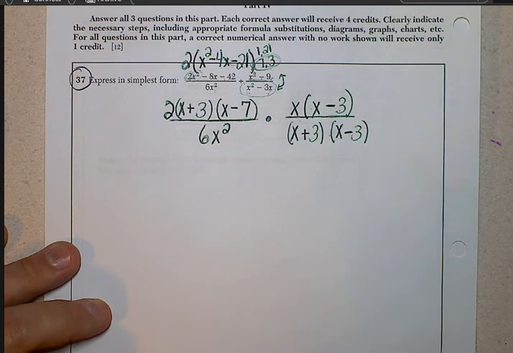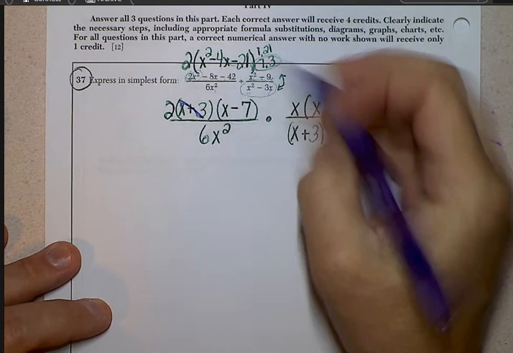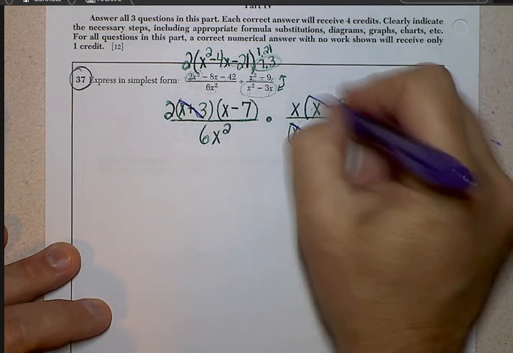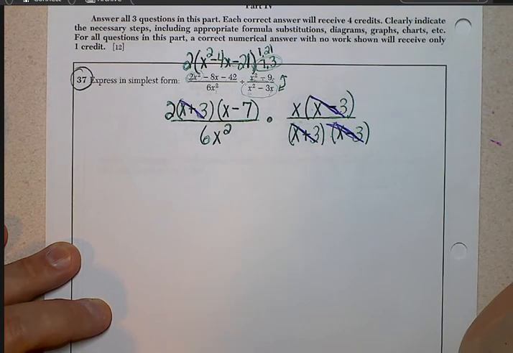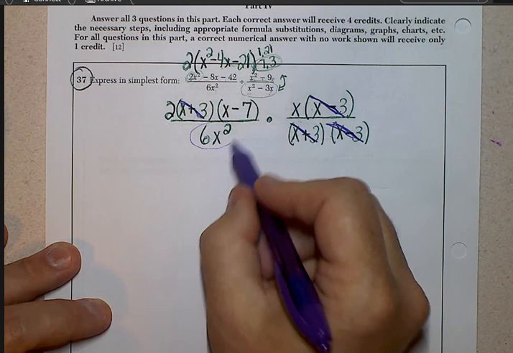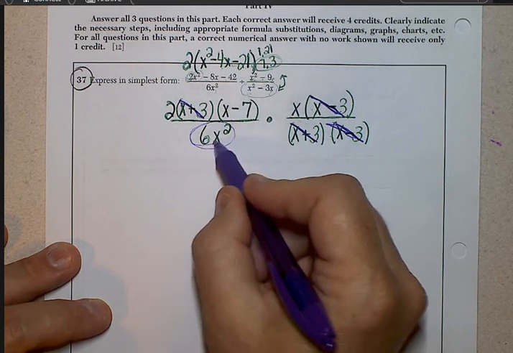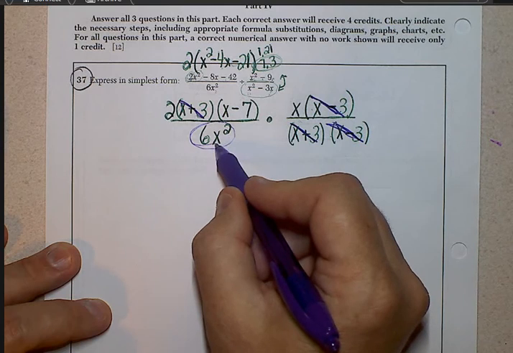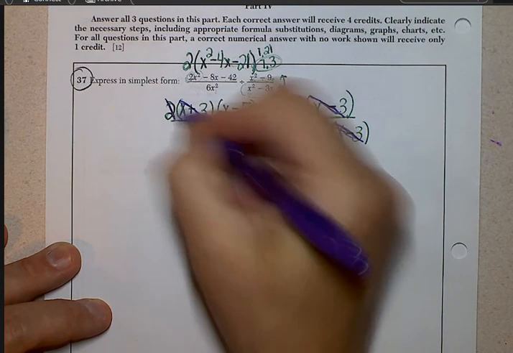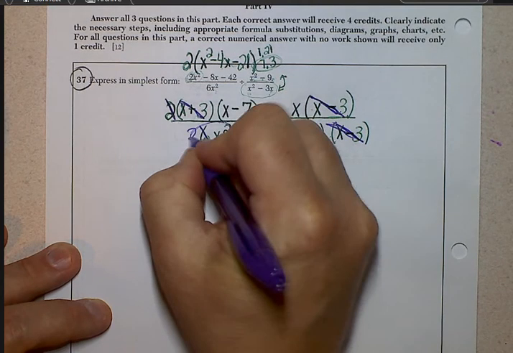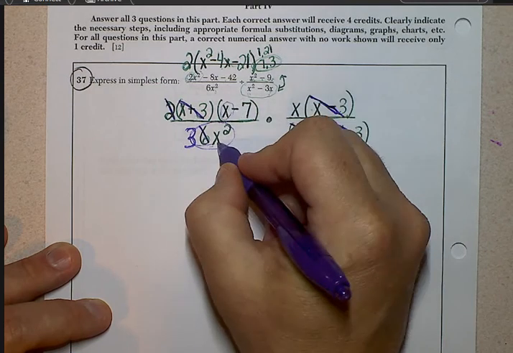All right, and now we can start to have some fun and cancel and see what we wind up with. We have an x plus 3 in the top, and we have an x plus 3 in the bottom. We have an x minus 3 in the top, we have an x minus 3 in the bottom. Now, because this is 6x squared, I don't see any signs, any pluses or minuses linking them. They're multiplying, so I can cancel these parts. So 2 goes into itself once, and 2 goes into 6 3 times. And then same thing, I can't cancel this x with this x squared